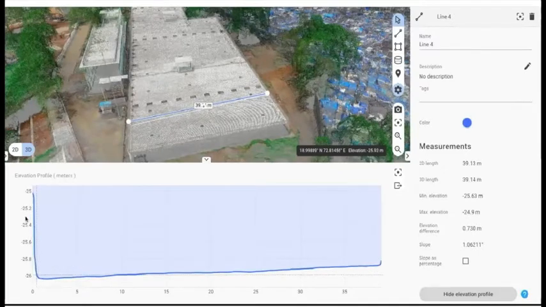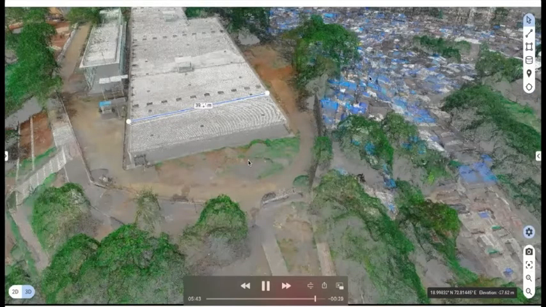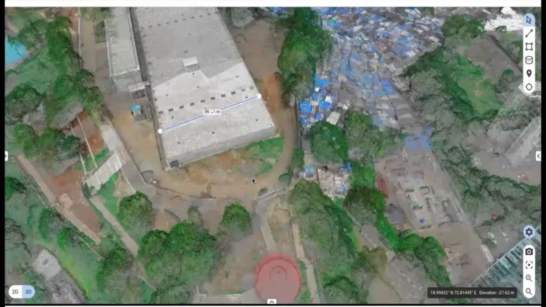Once you move the cursor on this map, you can actually see a cursor moving on the survey result as well. And not only this, you can also do an analysis using volumetric analysis. You can select a particular area on this 3D map, and you will get the entire volume of that area.